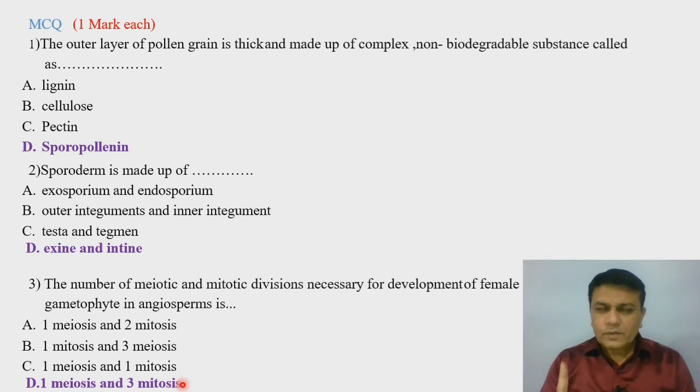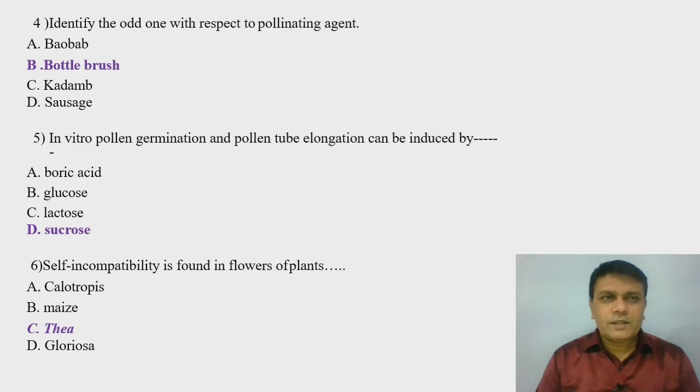So this seven celled and eight nucleated stage is called the female gametophyte of angiosperm, and it is produced inside the nucellus. So the number of divisions, that is, one meiosis and three mitotic divisions, are necessary for the development of the female gametophyte in angiosperms. Then the fourth multiple choice question is,